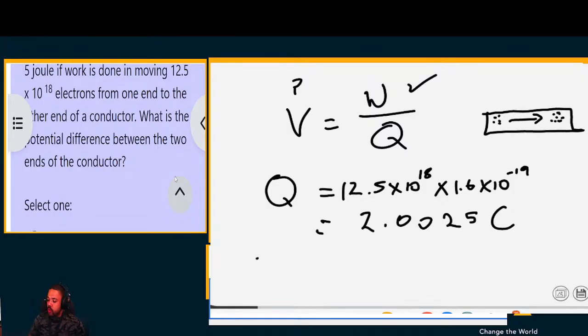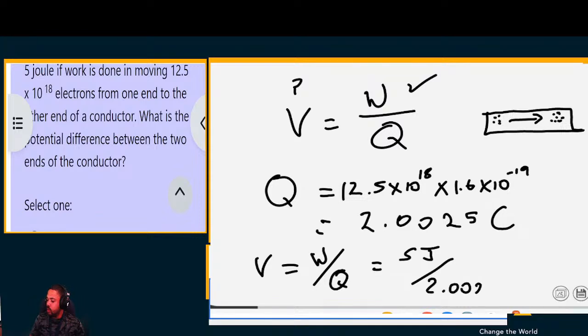We can then work out, using the formula that we've been accustomed to right now, the potential difference, which is just the work divided by the charge. Okay, and in this case, the work is 5 joules and the charge is 2.0025 coulombs, which means 5 divided by 2.0025. If we take that, it's approximately